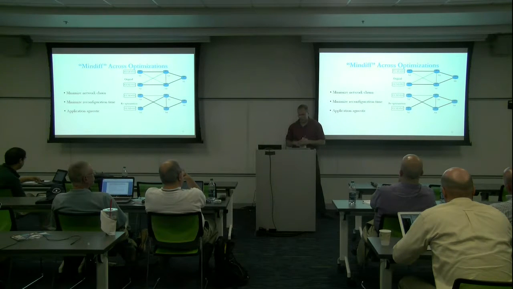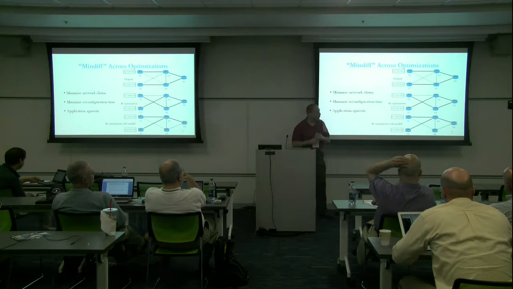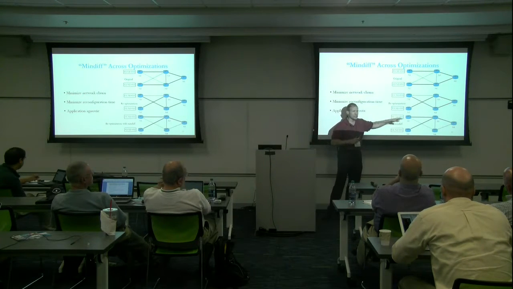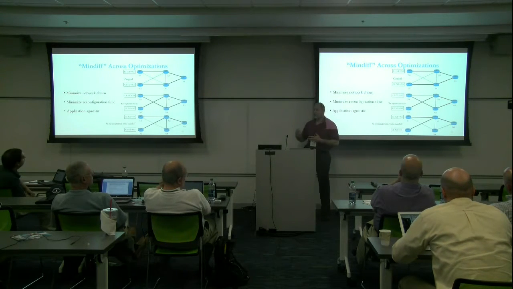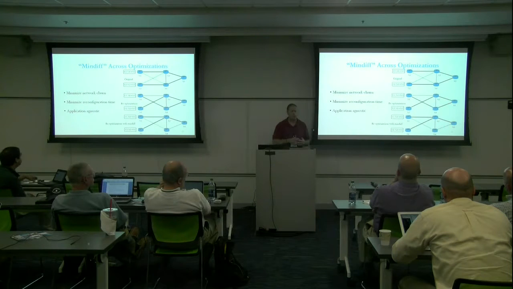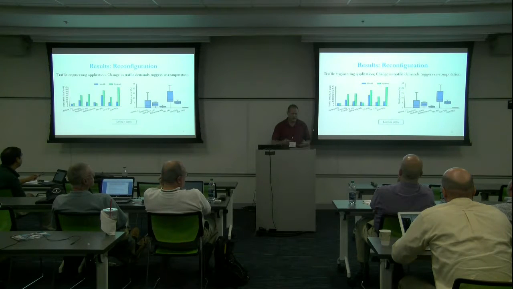But it might also change where class C1 is going even though it didn't have to, just in order to optimize the goal. Instead, in the MinDiff setup, what we would do is we would try to keep, say, C1 where it is. Just move C2 because we have to, but we might sacrifice additional optimality because we didn't want to change everything. And so this gives you some sense for how this plays out.